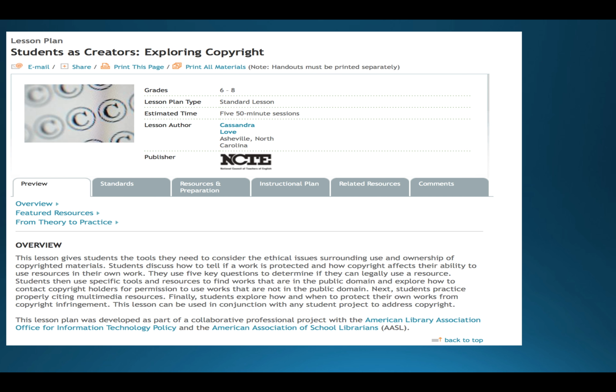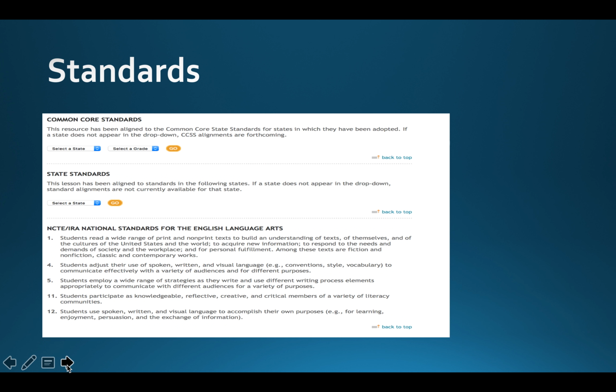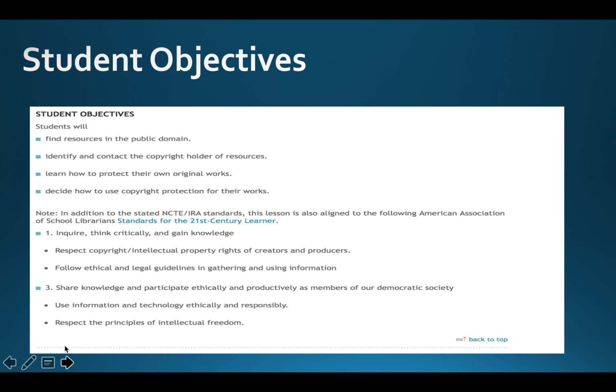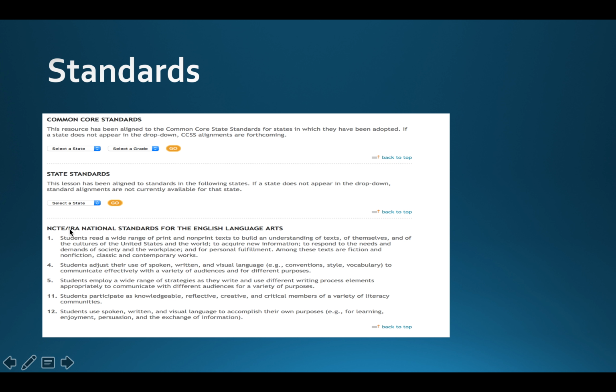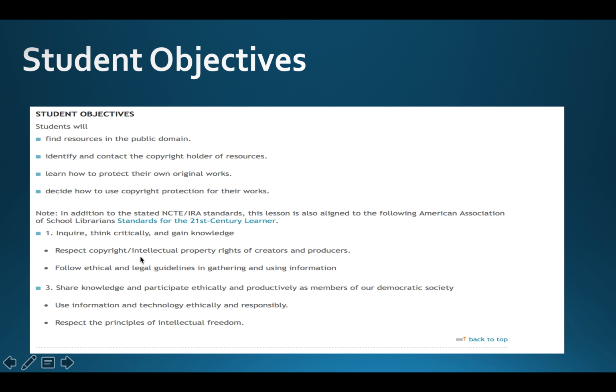So for me, I feel that this is a great lesson that gives basic guidelines to apply for all future work. So anytime students are using another resource or using multimedia, they'll know how to use it, or if they can use it. So the student standards and objectives both are national standards for English language arts from the United States. So immediately these would both have to be